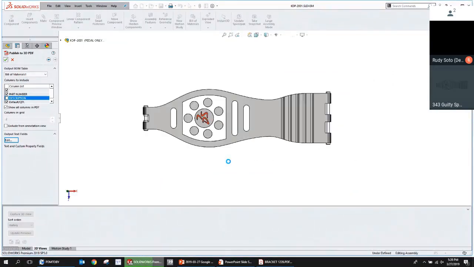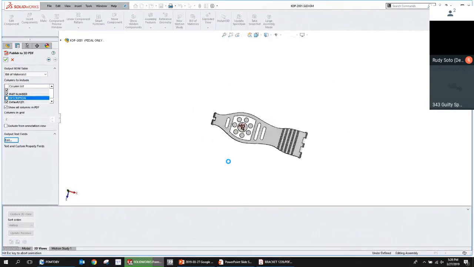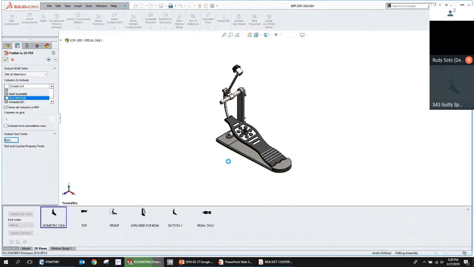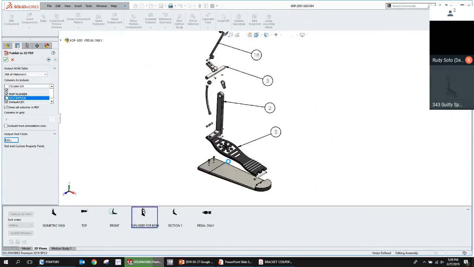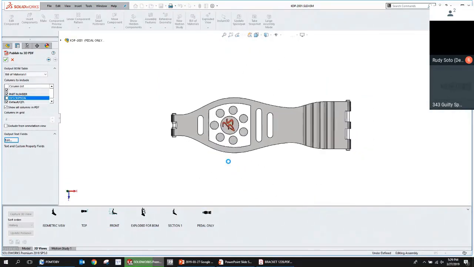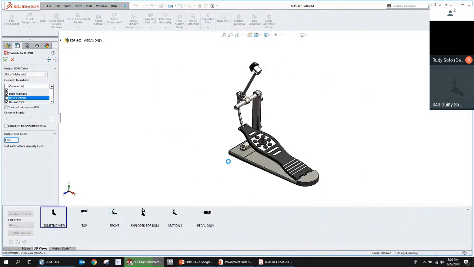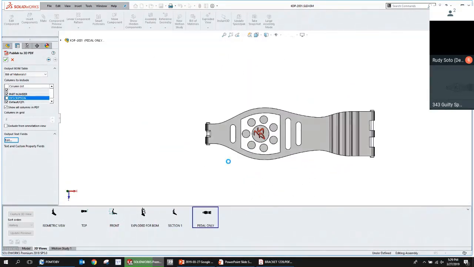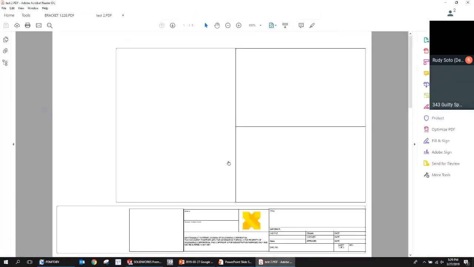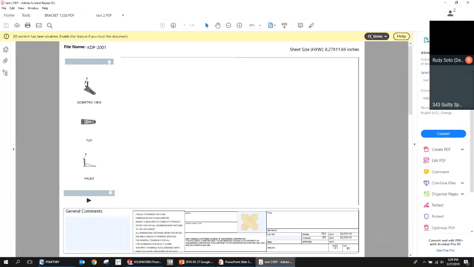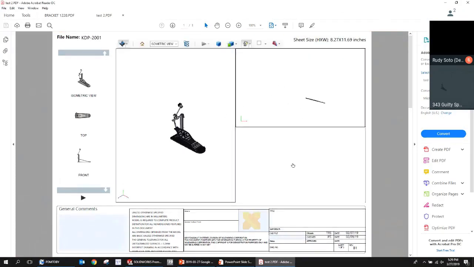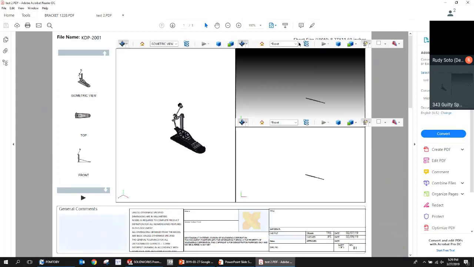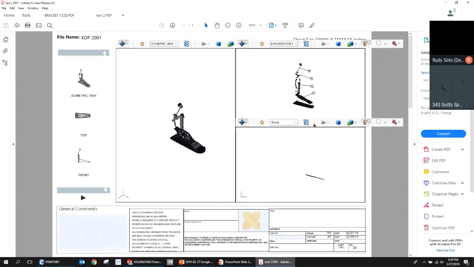Now we're going to watch the part dance around, right? So this template actually has multiple available views.